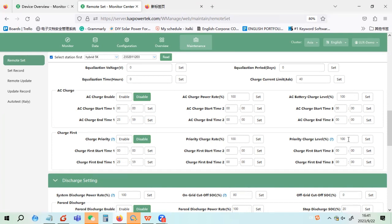For example, if I always want to keep 80% in reserve for load shedding, I set 80% charge priority, because when there is solar, it will charge the battery first. After it has charged to 80%, it will not charge first. It will go to take the load. So that's the purpose for charge